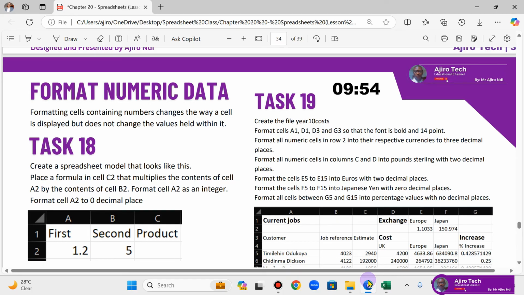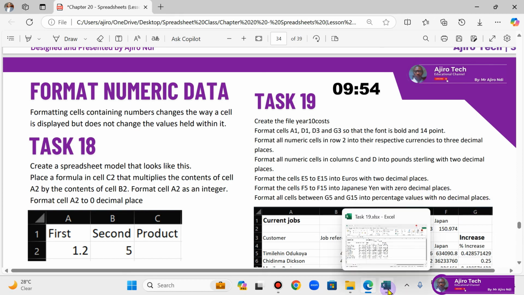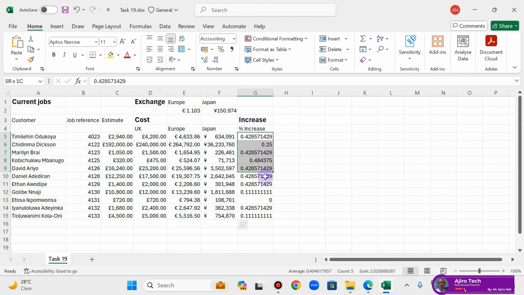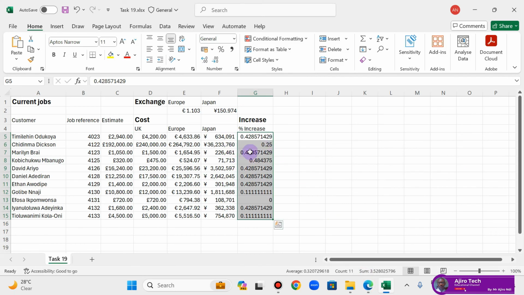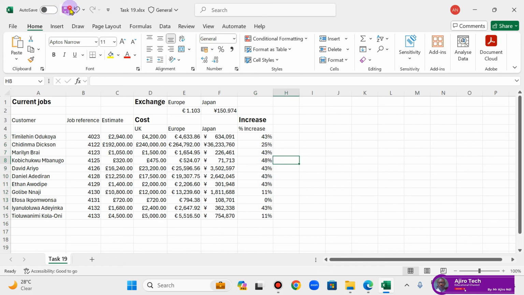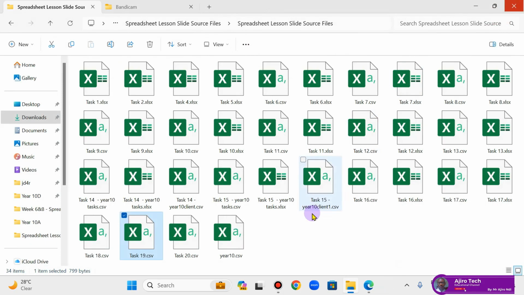Now the next one is what? They said format all cells between G5 and G15 into percentage value with no decimal place. So I'm going to highlight this. Let's look at it. G5 to G15. I highlight this. Click on what? Percentage. So I'm going to save this. Okay. So this is saved. This is done. Final one